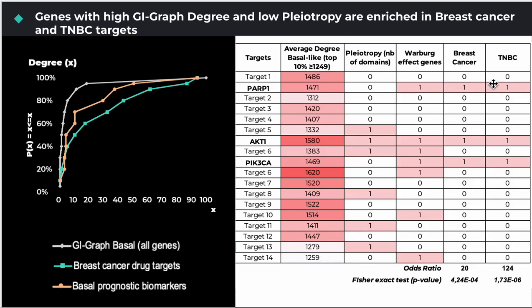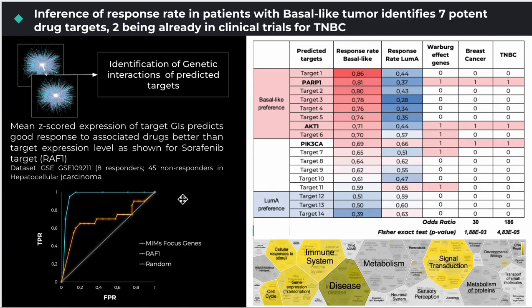And what we've observed is that 3 of them are already at clinical stage development for breast cancer and TNBC particularly. And here, this corresponds to high enrichment, with the odds ratio reaching 124 with a p-value which is quite low. A second selection that we do to identify therapeutic targets is predicting whether these therapeutic targets